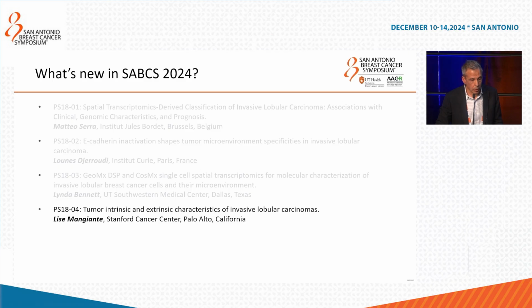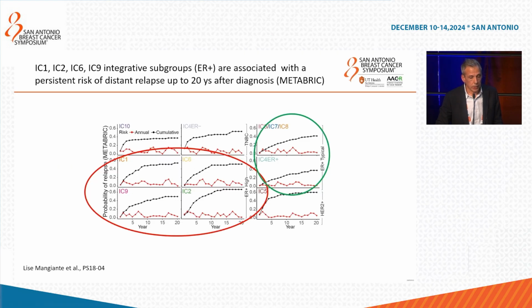So the first abstract is from Lise Mangiante, who works in Christina Curtis's lab at Stanford, and I'm sure you all know the IntClust classification developed by Christina. Here she showed that there are at least 8 different integrative clusters among the ER-positive tumors, and 4 of those integrative clusters do very poorly, and they tend to recur later on, up to 20 years after diagnosis, as compared to the other 4 ER-positive